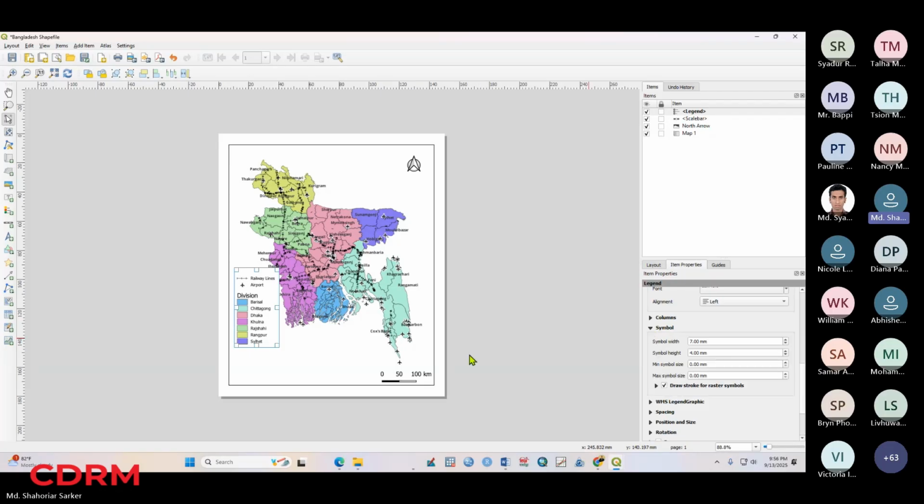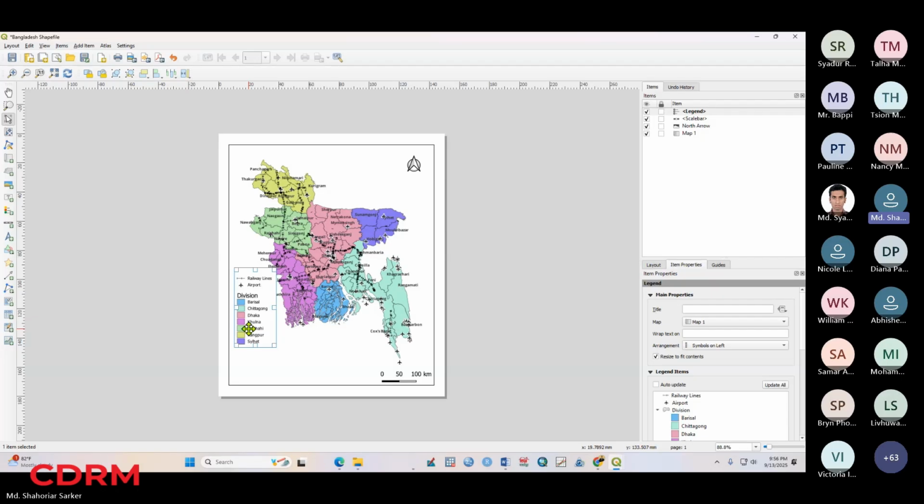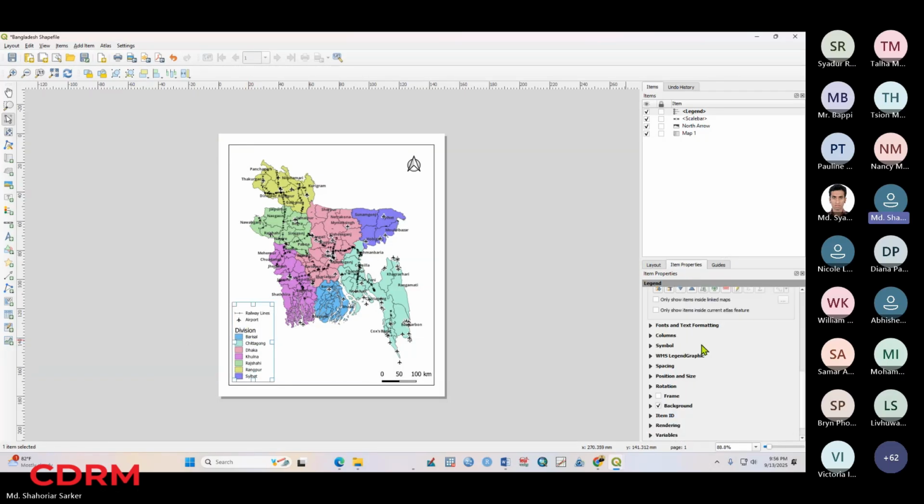If we make changes in the symbols, we can change the width or height if we want. So that's it. You can see the changed legend here. I'm just placing it here to visualize it. We can use a frame or we can choose any kind of background if we want. So here in the item properties,